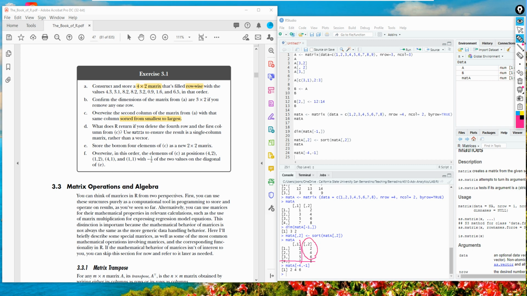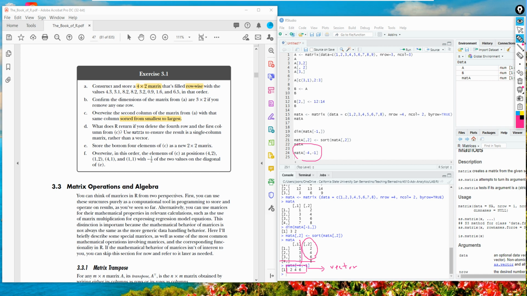But when you execute this command, since this is actually one column, when you remove the fourth row and the first column, what is really remaining is just one column. So what is returned is not a matrix, it is a vector, since there's only one column.